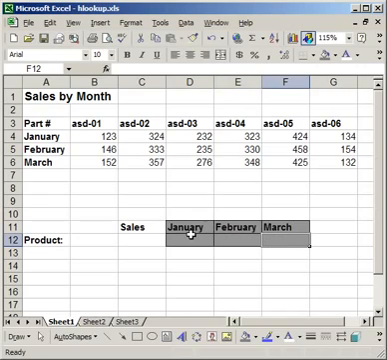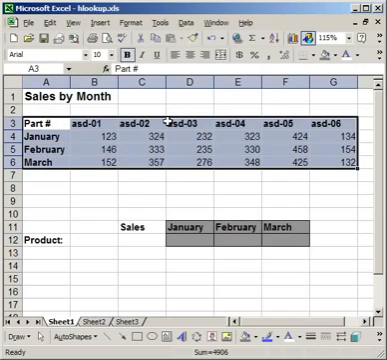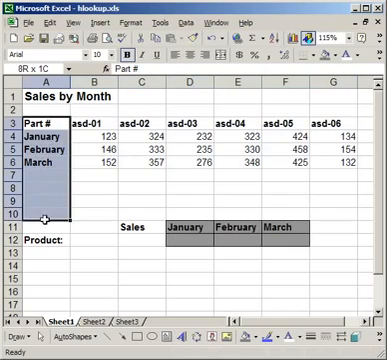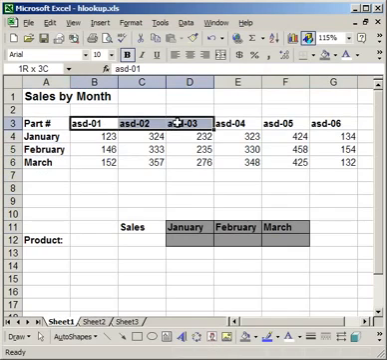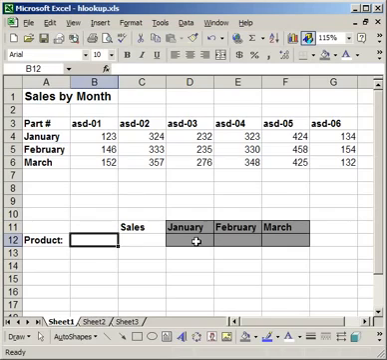And the reason that an HLOOKUP function is going to be used here is the orientation of the data. If the part numbers were in the left column like this and the months on top, I'd want to use a VLOOKUP. So let me try and explain how the HLOOKUP works by first writing the function. So I want to type in a product here, and I want this month's sales to appear here. We're going to start the function by equals